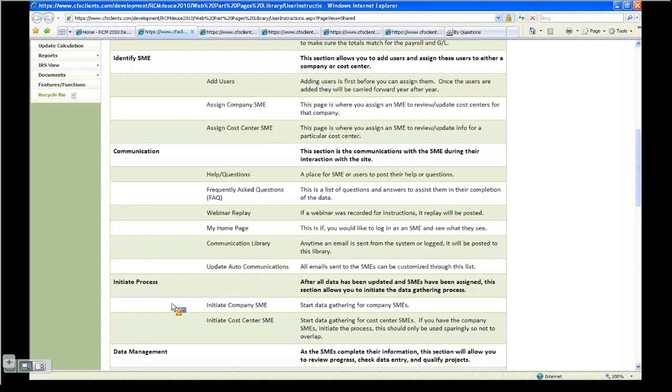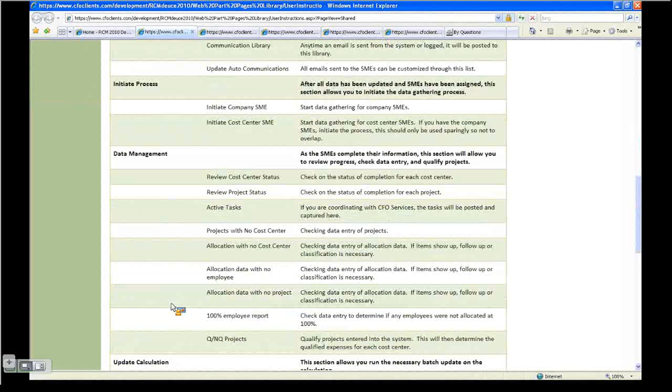And then kind of scroll down a little bit with initiating the process. So we've classified companies and SMEs. Now we want to link them, log in, and get them started. And then the data management is as the